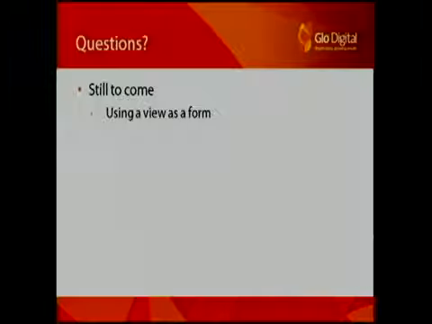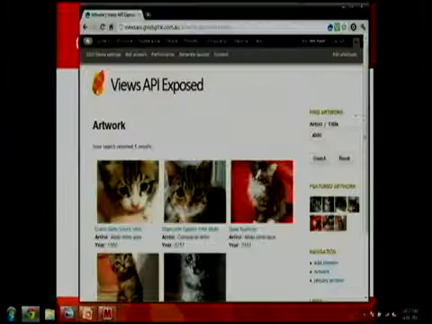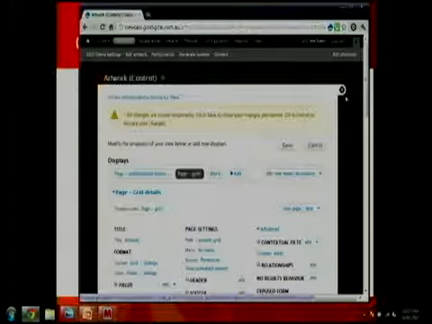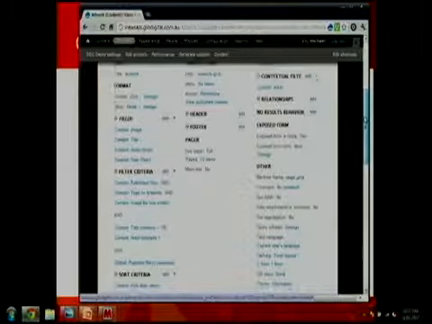You said that it searched on either of the fields. Did you set your filter up to do that? Yeah, so in Views 3 there is this new feature that you used to have to use a module called Views OR to achieve. But basically, you can do groupings on your filters. So my first three are ANDed together, and that group is ANDed with this OR group of title and artist.